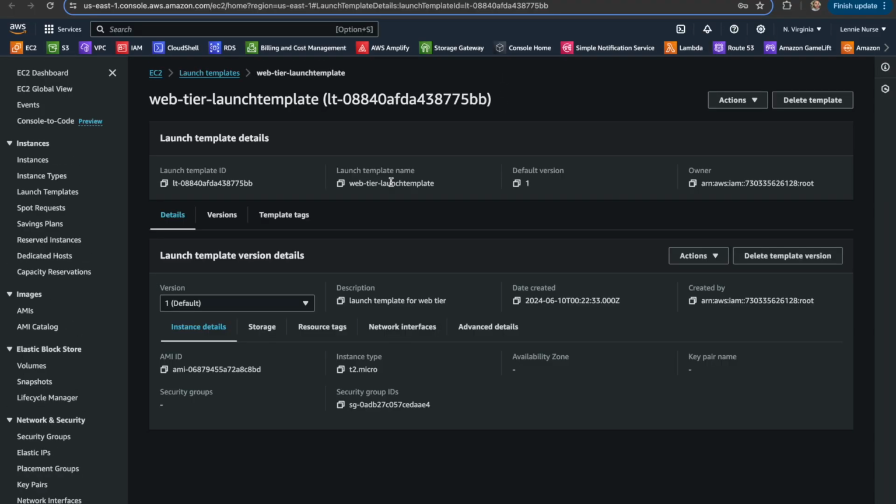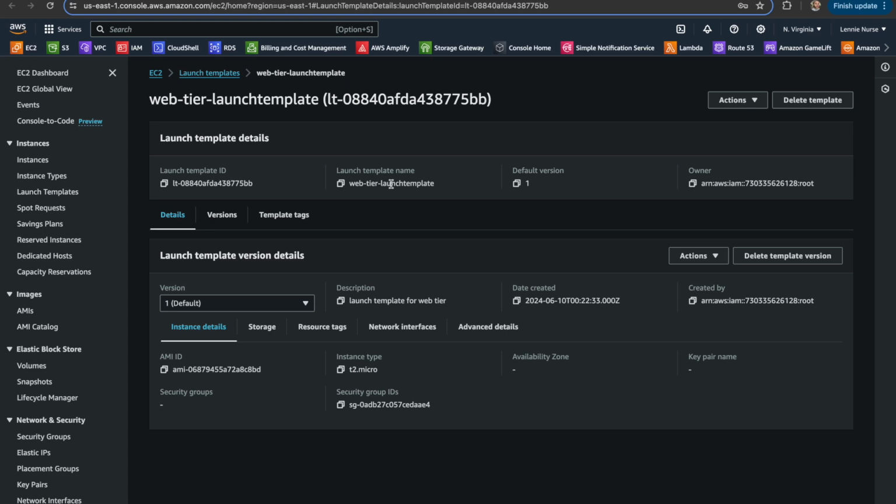So in the launch template, basically what a launch template is like, it just takes a picture of the web tier,